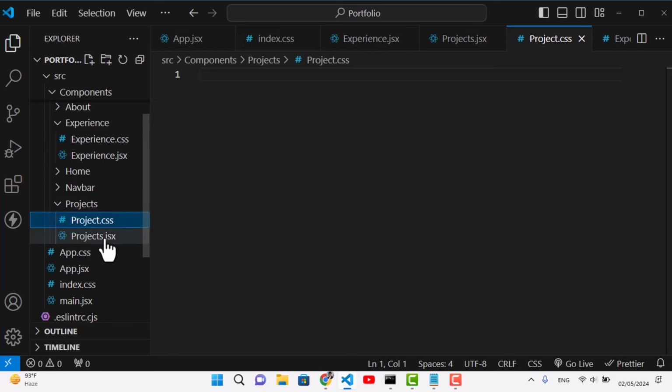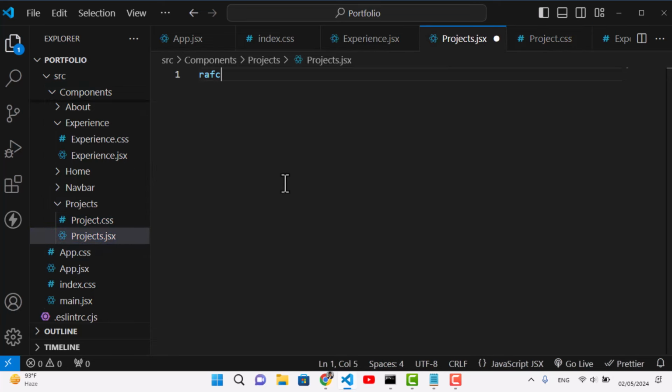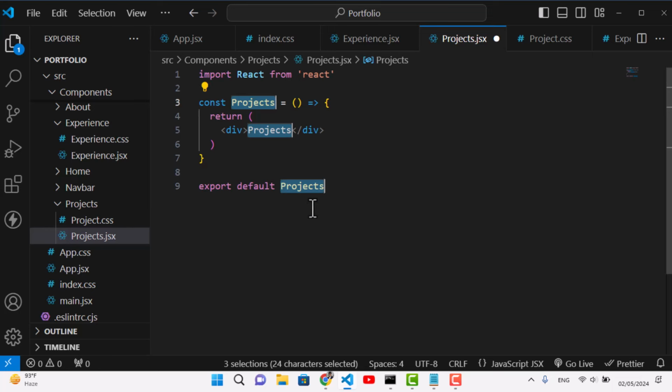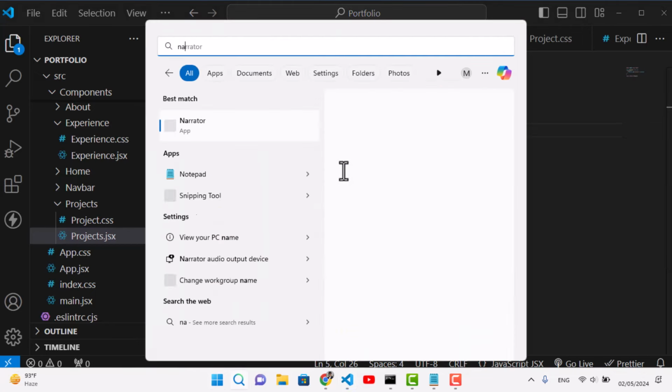Now just come here to project.jsx, and here we will write RAFCE. And now let's change this div element to section. Let's add an ID to this element, which is projects. I think that was, so let's first of all move to